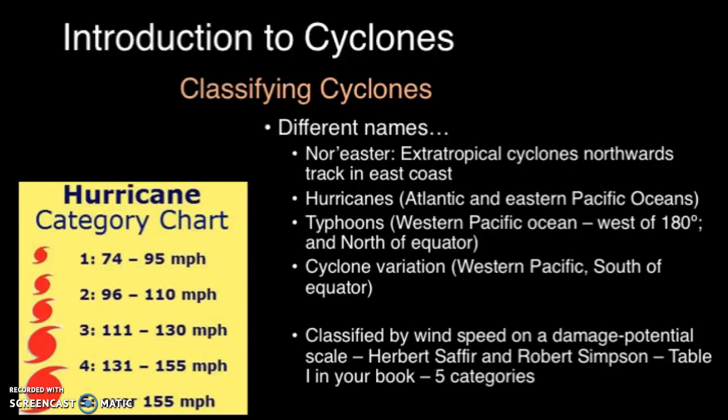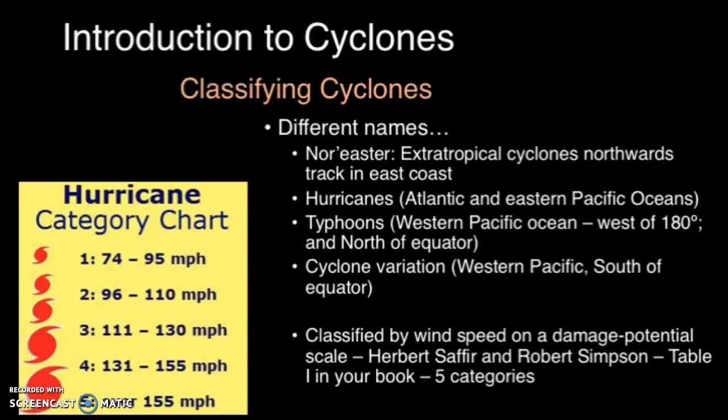So this category, going from 1 to 5, will almost always change during the life of the cyclone, meaning the cyclone can start as a tropical storm, then jump to a first category hurricane, then maybe go all the way to a category 4 hurricane, for example, and then once it makes landfall, it might be a category 2 hurricane. So it can jump back and forth from higher to lower categories, depending on how much warm air mass it has, how great the wind speeds within it are, and how much resistance is put to the cyclone itself. All of these things are going to affect whether it stays at a specific category, or it grows, or it diminishes. Okay,